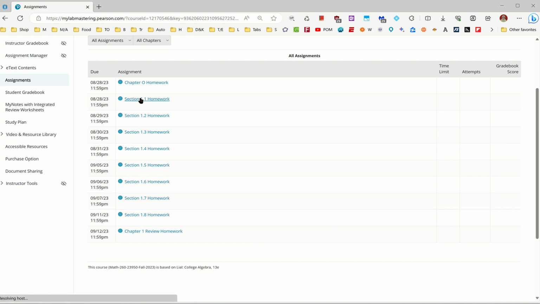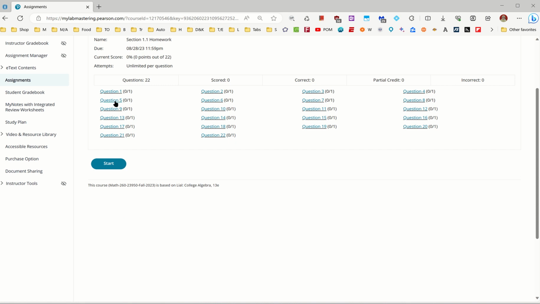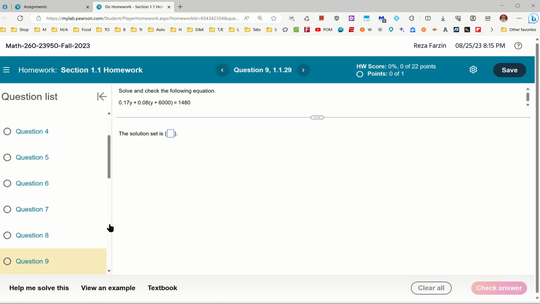or let me show you what I'm talking about. Like in most of the problems in MyMathLab, you're going to have some help available to you. And when I open the problem, if you notice down here, you will see help me solve this, or view an example, or go to the textbook. That just takes you to the place in the textbook where the concept was introduced. Now, these obviously won't be available during a test, right? But when you go to review the test, these become available. So